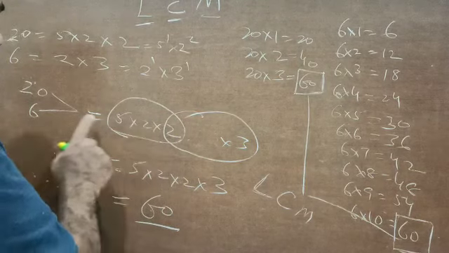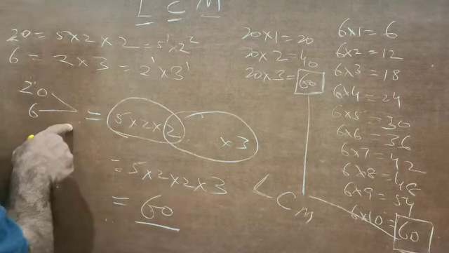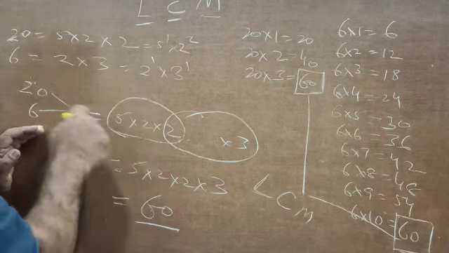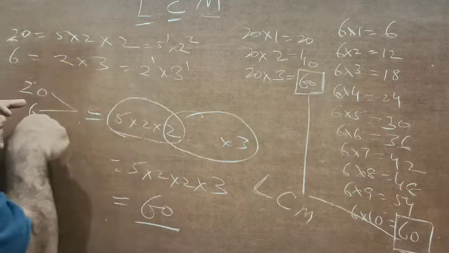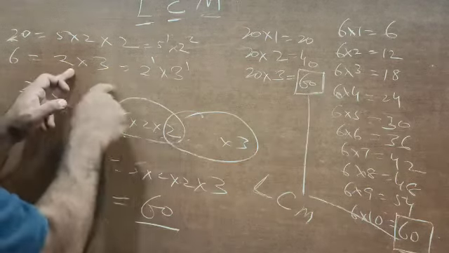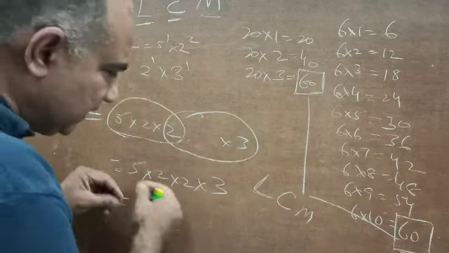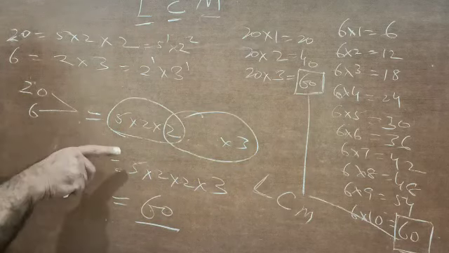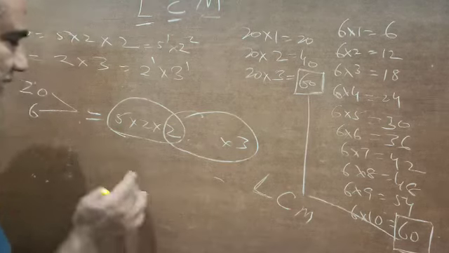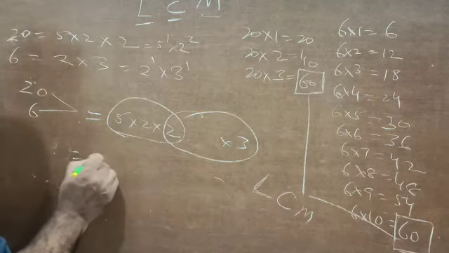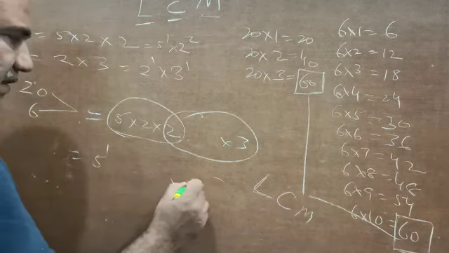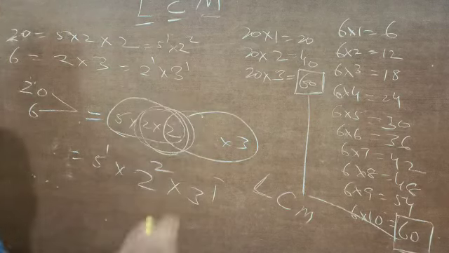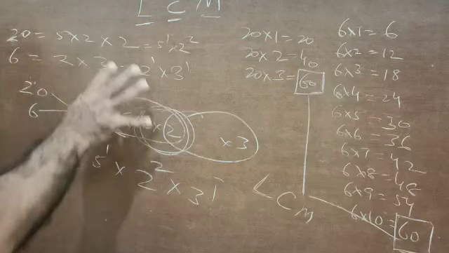See, for this number to be a multiple of 20, 5 has to be there, 2 has to be there, 2 has to be there, and for this number to be a multiple of 6, 2 has to be there and 3 has to be there. So this is nothing but precisely what we have studied in our class in the algorithm, that what we have done is take out all the factors. See, we have taken 5 as a factor, and we have taken 3 as a factor, and we have taken 2 as a common factor, but 2 has been taken with power 2. So this is the same as to say,